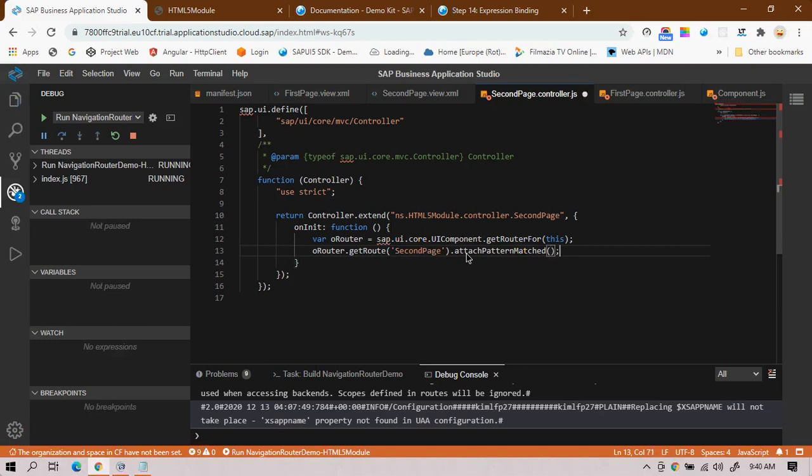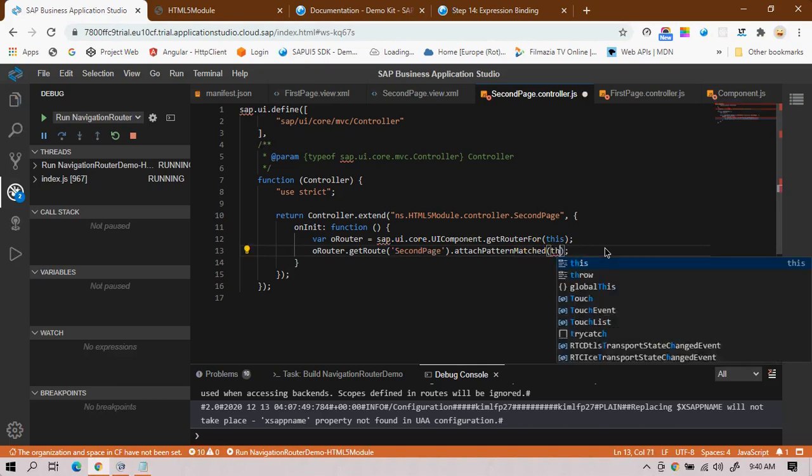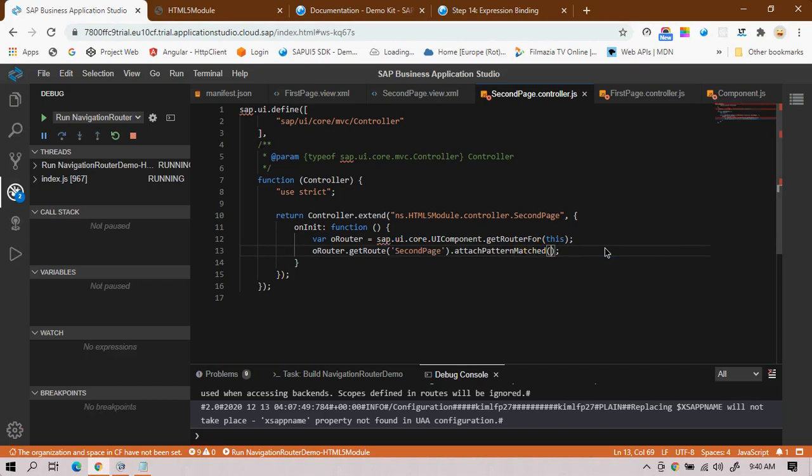Okay, so this is the function. It will trigger when the pattern changes, that is, when the browser pattern changes in the URL, so this event will be triggered automatically, and it takes two parameters. The first is the function name which will be called. In order to call any function, you need to use this dot the function name, onRouteMatched.